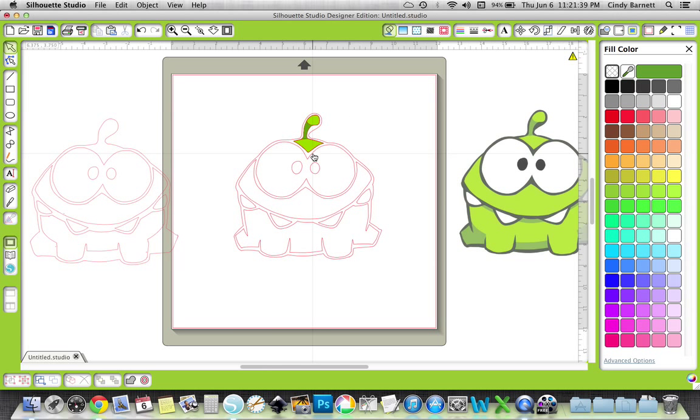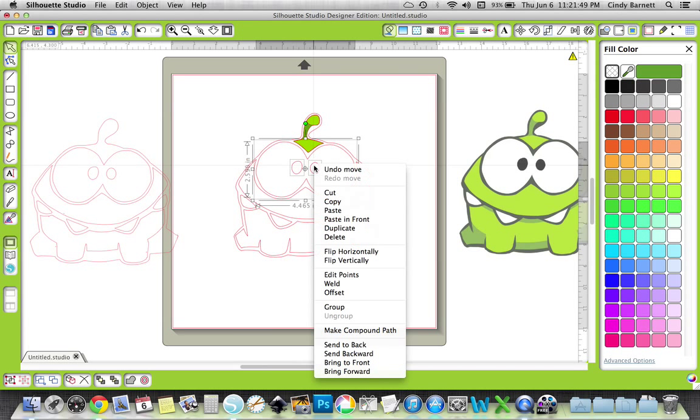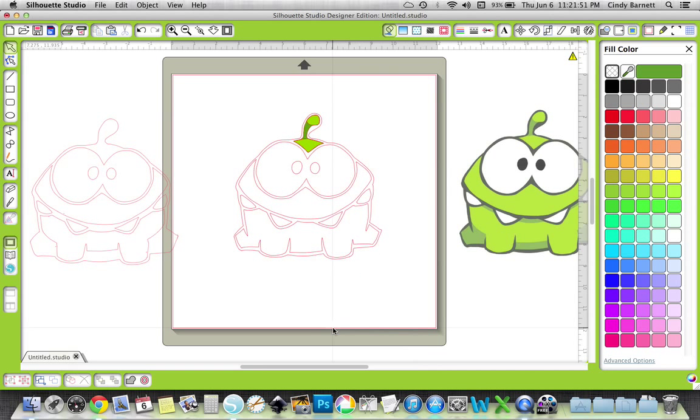So then what we want to do is, his eyes are white, so we select this whole eye area, but you see that the center of his eyes is black, so we're going to select both of these. We're going to right click this and make this a compound path. That will automatically join those two pieces together so that when you weed these out when you cut in vinyl, the black eyes will show through from the black layer underneath instead of you having to cut 2 small black circles. So we want to color these white,